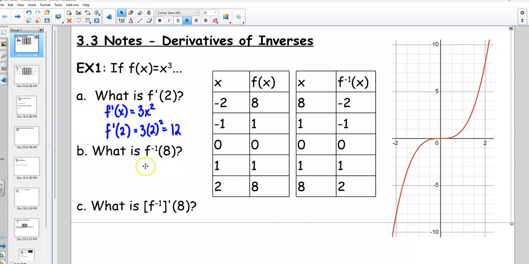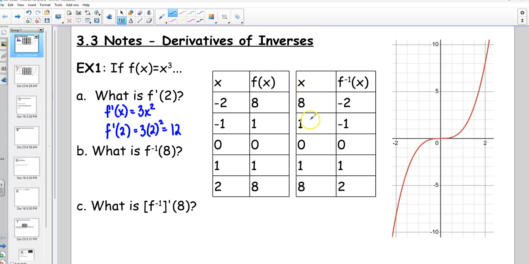Okay, let me go back here. So that actually should be an 8 right here. So I want to know f inverse of 8. So there are two different ways that you can find f inverse of 8 because I have provided you with both of these tables, right? So one way is that I could go to my inverse table. I could find 8,